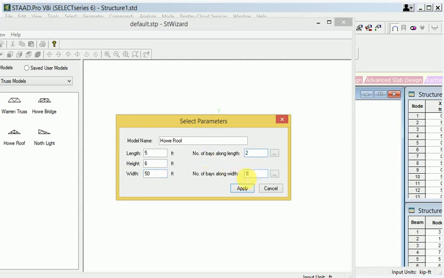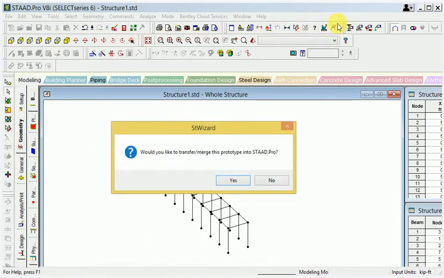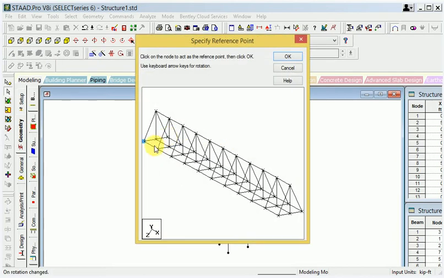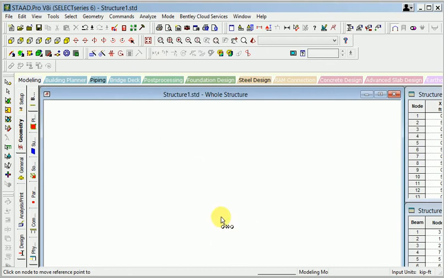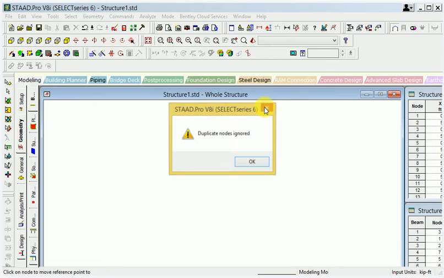This is 2 and 10 mm distance. Then go to exit here and OK. Reference point, this is here. You can see that. Go to click and join this point. Okay.